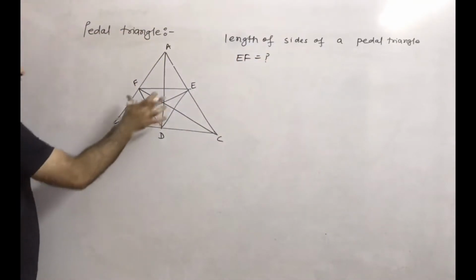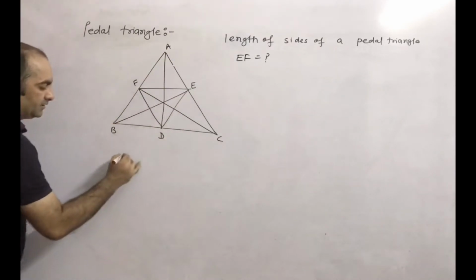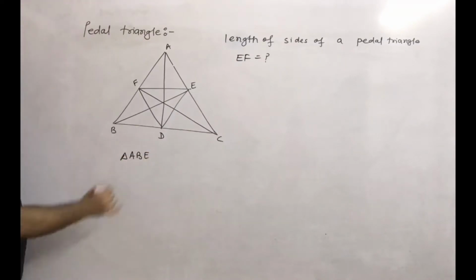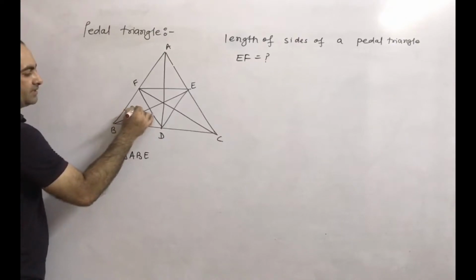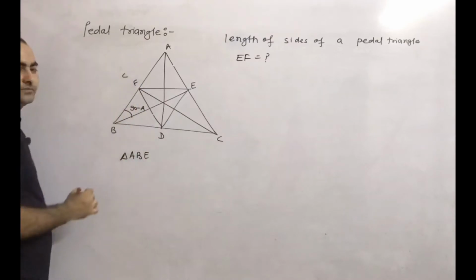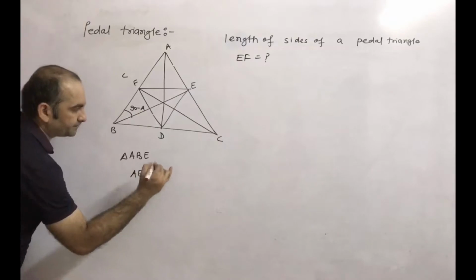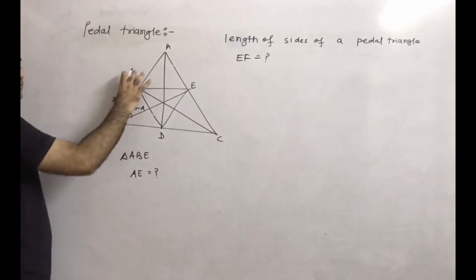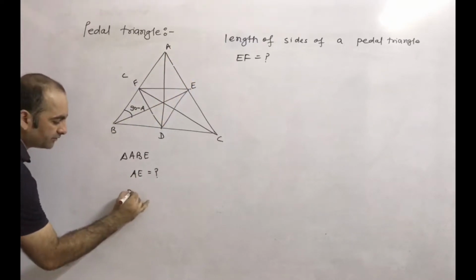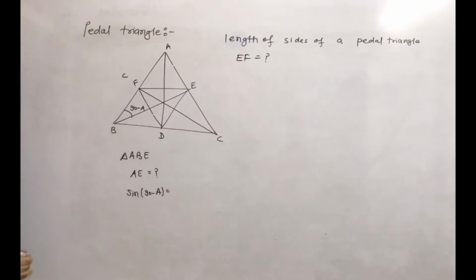For finding EF, see this triangle ABE. This angle is 90 minus A, and this side is c. So what is AE? We are finding AE first. This is the hypotenuse and this is the perpendicular, so we are using the sine formula. Sine of 90 minus A is